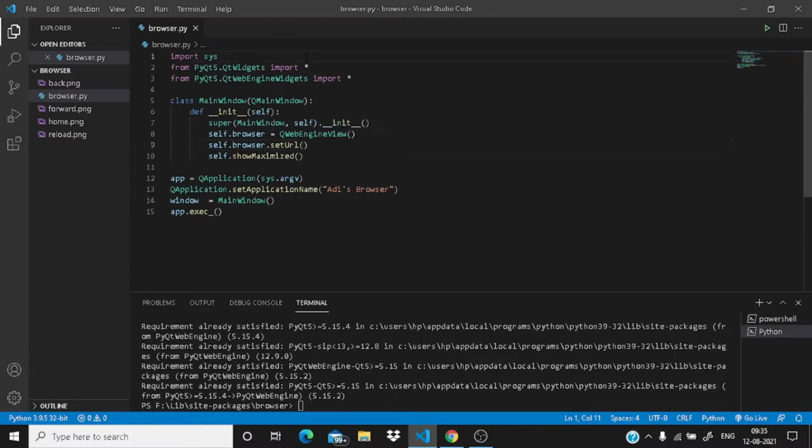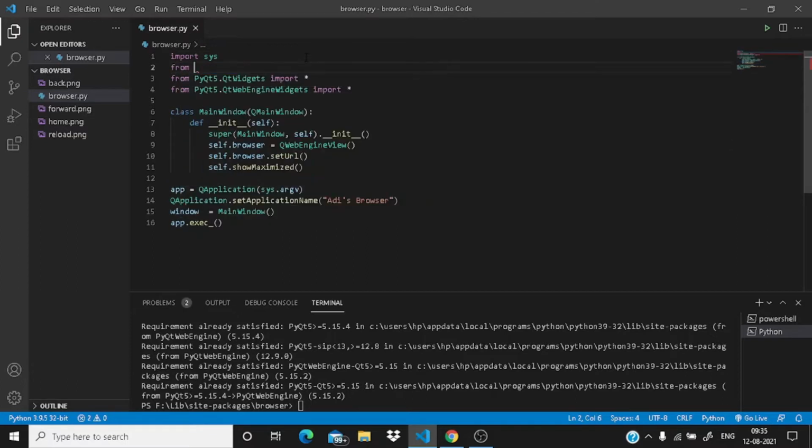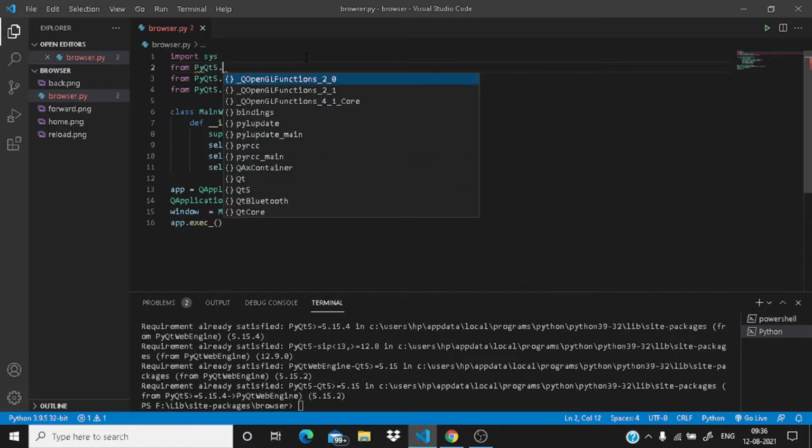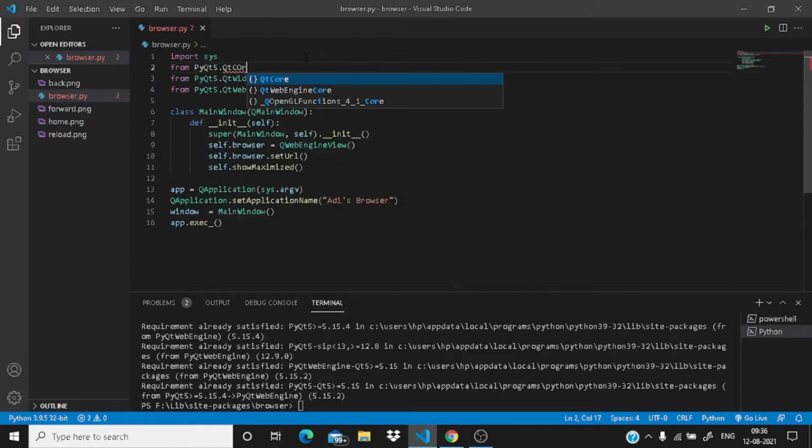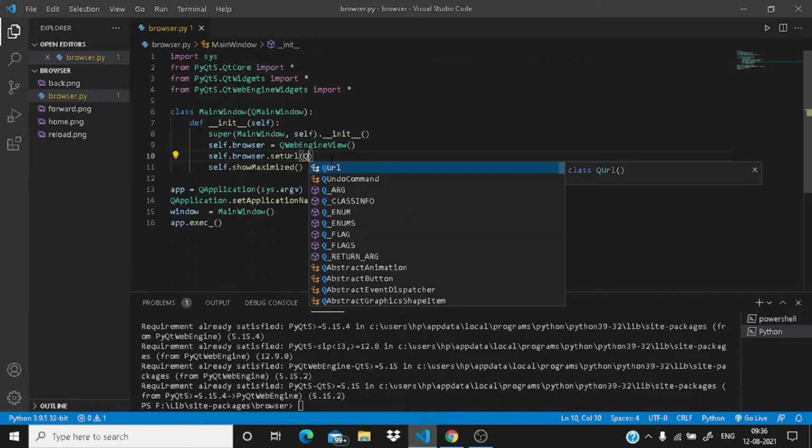So to use QUrl, you need another thing from pyqt5.QtCore. Let me just type it again. pyqt5.QtCore. Import asterisk. Now you can use your QUrl,